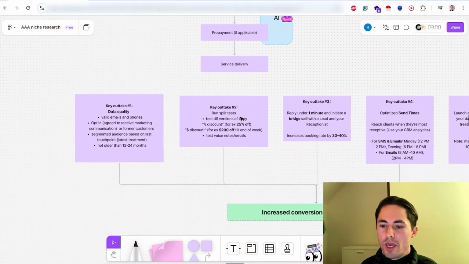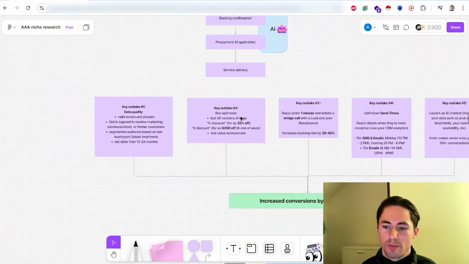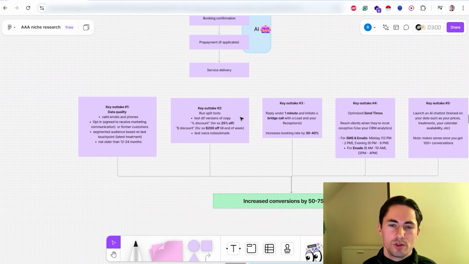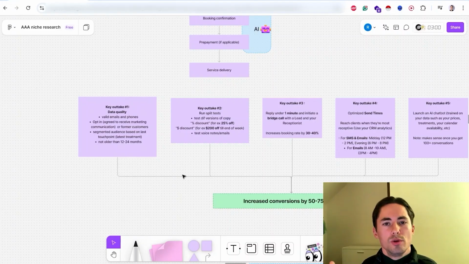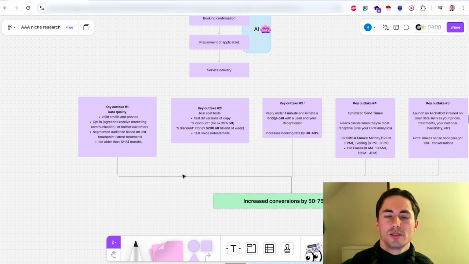So what are the key takeaways? How to run a successful database reactivation and optimize your conversion rate as high as possible. The first one is data quality. You need valid emails and phones. You need to make sure that your database is fresh, preferably not older than 24 months. Anything that people actually engaged with gives you the best performance. You need to get information about their last treatment or the highest interest of treatments